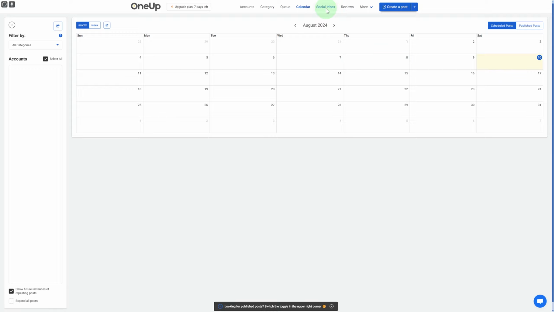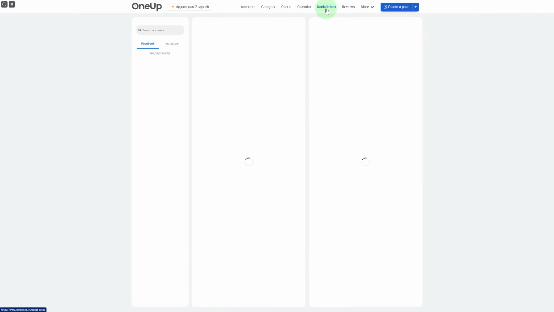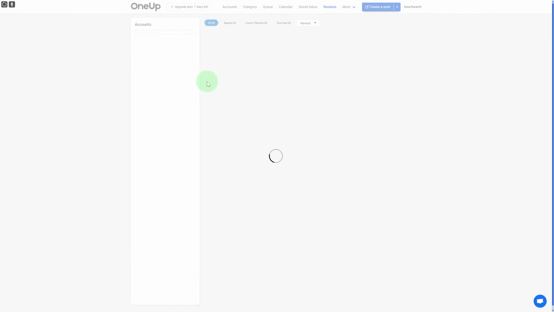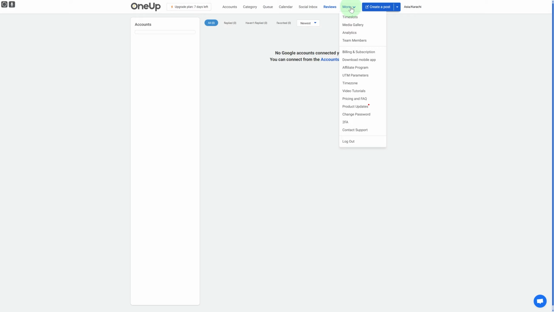You have your social inbox. Here all the messages and notifications from different social media platforms are going to be displayed. You can see your reviews section, and here of course the reviews are going to be populated. Since nothing is connected yet, we cannot see anything in here. And in the more, you can see your time slots, media gallery, analytics, team members, and other different types of